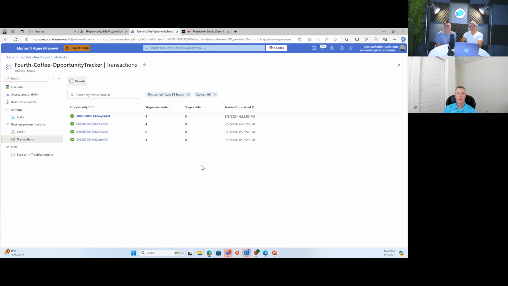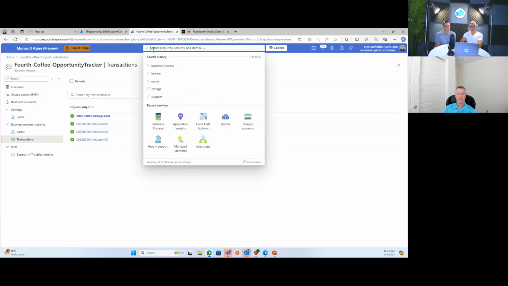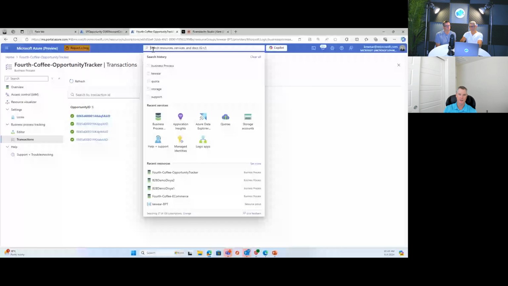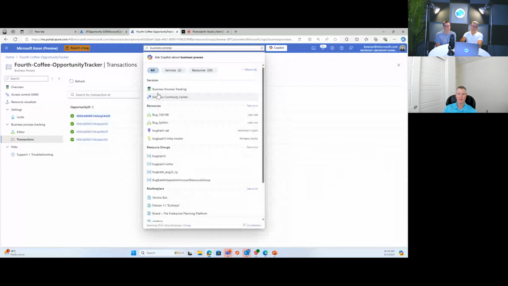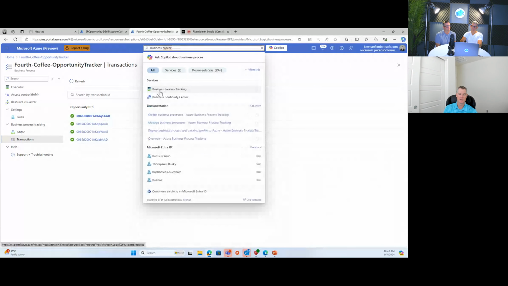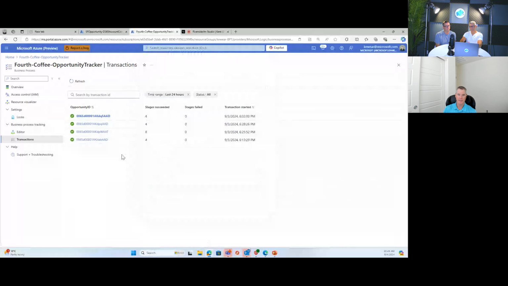Yeah, fantastic. And so business process tracking is a top level Azure resource. If you come in here and search for business process, you're going to see business process tracking show up. You go ahead and create this resource. There are no charges for this. There are charges obviously for ADX, as that's something running in your organization, but there is no charge for the business process tracking capability. We do, under the hood, take advantage of your compute in Logic Apps Standard to emit this data. So you're already paying for that. We're not trying to double ding you, and there are no additional charges for that.